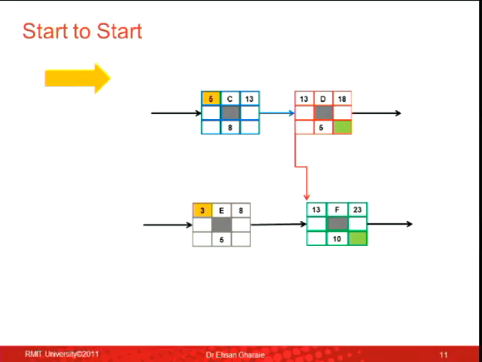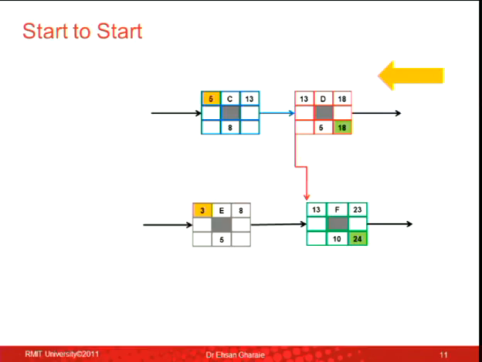So when you are doing your forward pass, just follow the arrows. And the arrows would give you the options that you have. Now let's do the backward. So now I'm going backward. Those green boxes are just my assumptions. So I haven't calculated them. I just put in 18 and 24 for now.